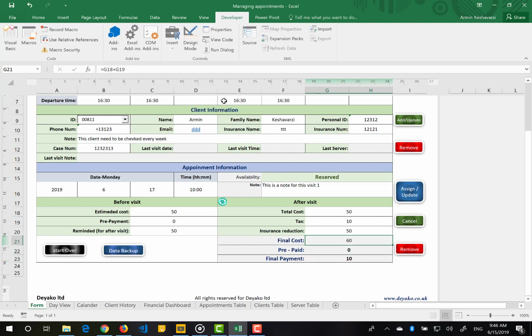You are able to change. These are just the regular summation or minus formula, because in some cases you need to add the percent number for tax. For example, you will say that this is 10% tax for each of them, and you can use percent and change the formula here. So these are just simple formulas that you can change based on your needs. And if you do not have the insurance reduction, you can set it as 0, or you can just make it empty. So after you finalize the information after the visit, if you press the assign button, the data